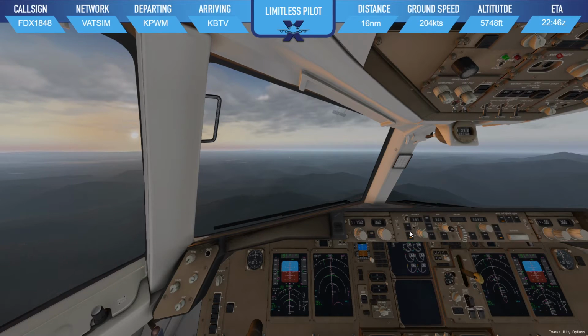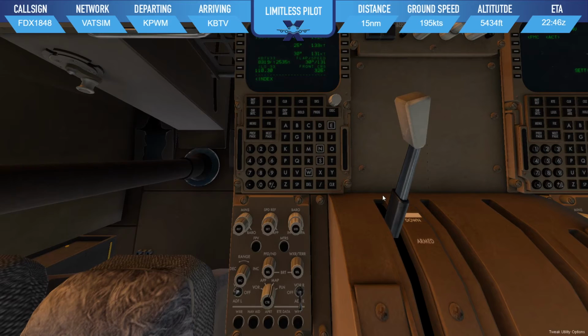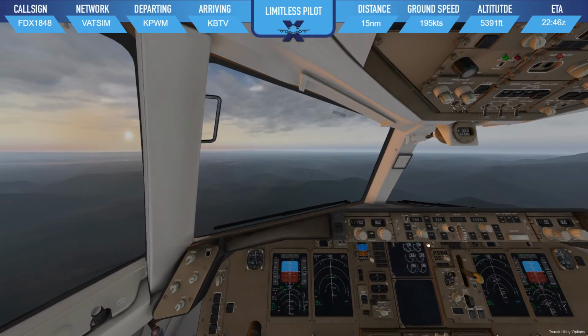So we got the ILS in here. Airbridge Cargo 11, contact New York Center 125.32, good night. What was our speed? New York Center 131. 125.32, Airbridge Cargo 11 Heavy. So we're not going to reduce our speed until we get to